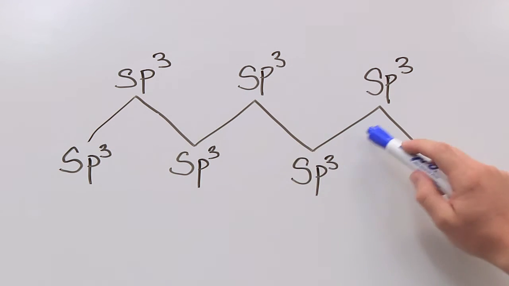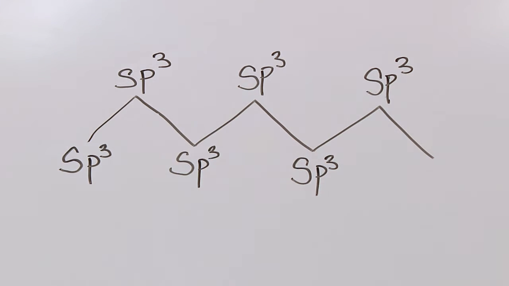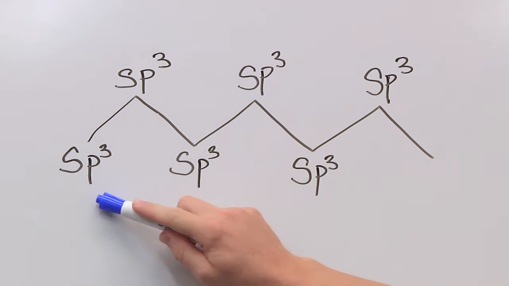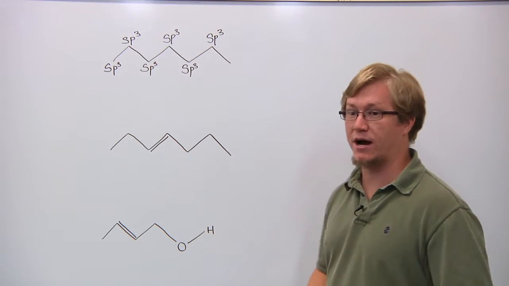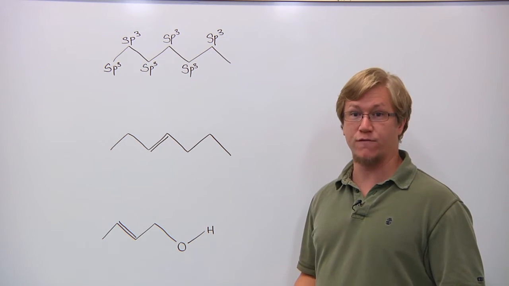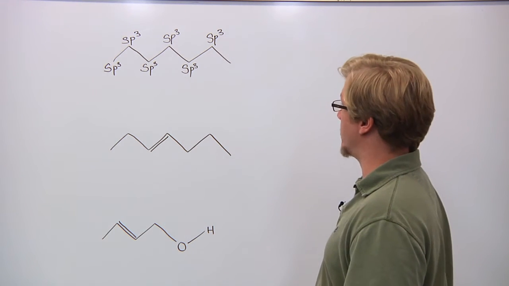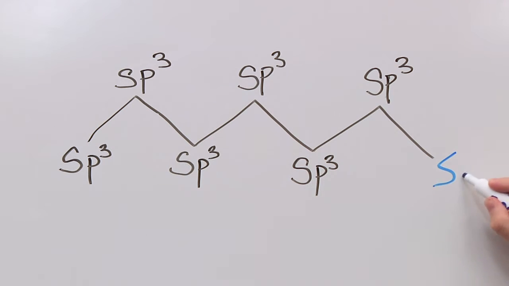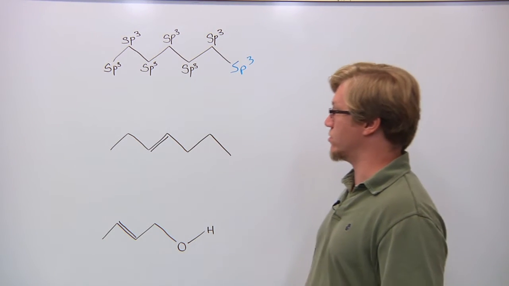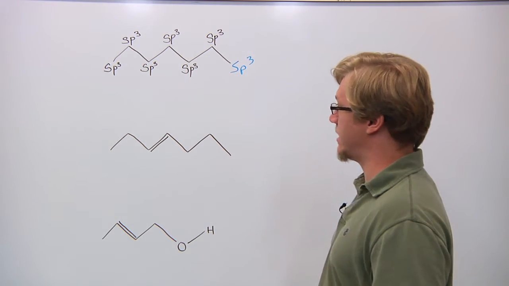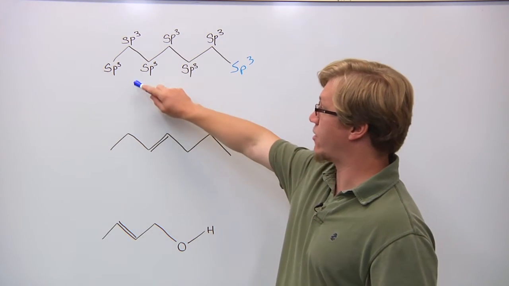Each of these carbons is going to be identical to this carbon, so again, they're going to be sp3 carbons as they're already labeled. Now let's look at this last carbon. I want you to think about it for a second. Now, if we look at it, again, like this first carbon, it's bonded to 1 carbon, and we assume that there are 3 hydrogens here. That means we have 4 sigma bonds and no pi bonds, so it is an sp3 hybridized carbon.